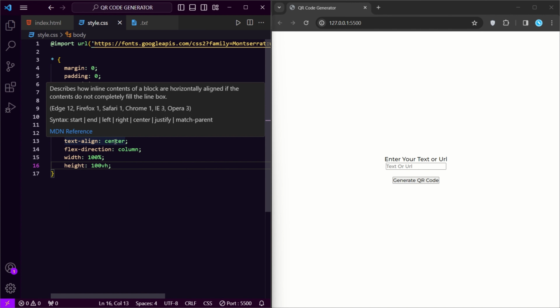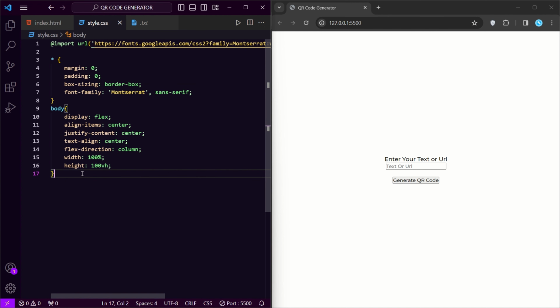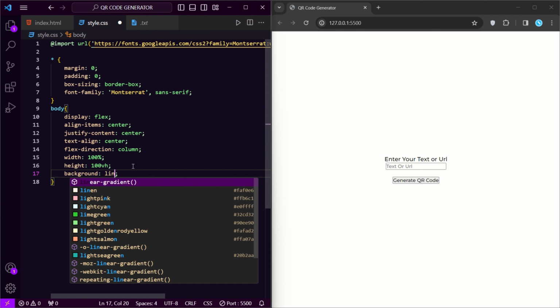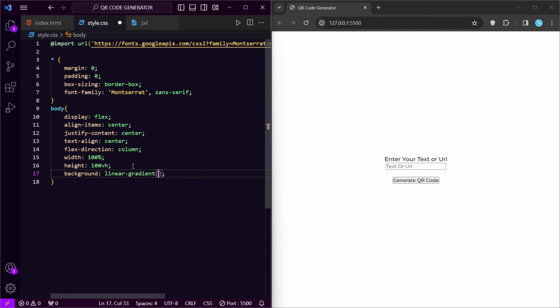Now let's go to the class container. Also we have to give the background. Background: linear gradient to right bottom. We have to give 3 colors. The first color is hash FF0090, which is a pink color.